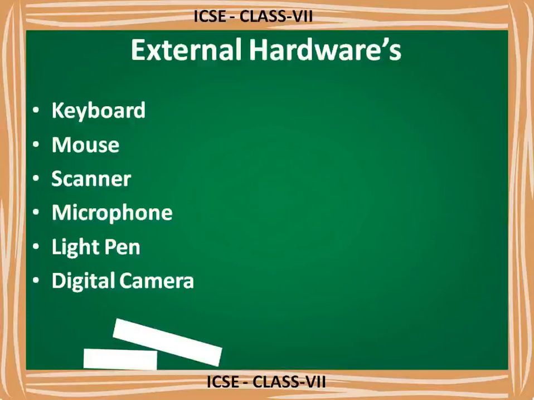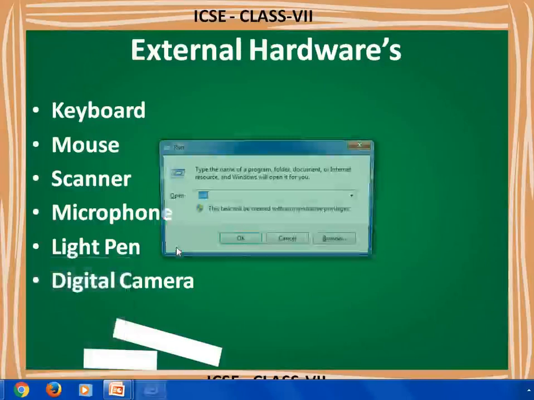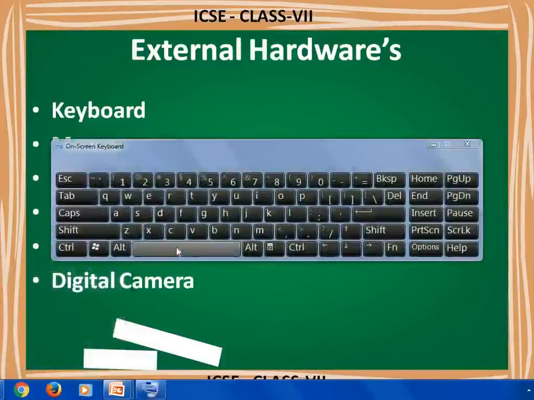Already I hope you have seen the keyboard, or if you want to see it, once I show you, just see. So this is the keyboard. Here we have a number of keys: different types of function keys, numeric keys, alphabetical keys, and control keys are given. If you want to learn more about this keyboard, this lesson will come in 3rd standard. I will update the contents in a 3rd standard playlist. You can watch it and learn all the options on this keyboard.